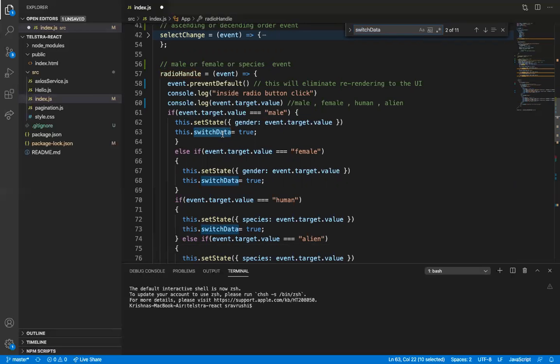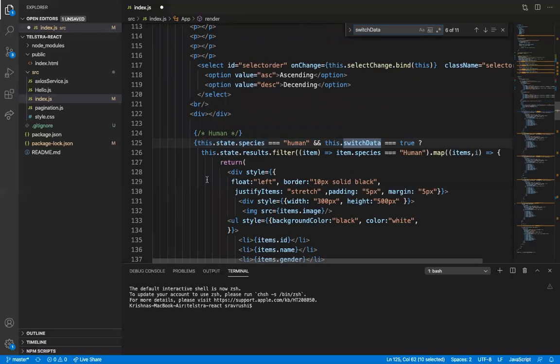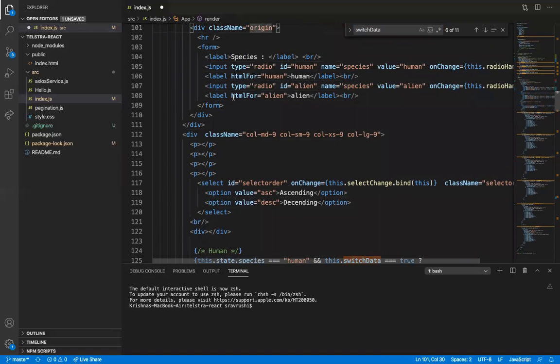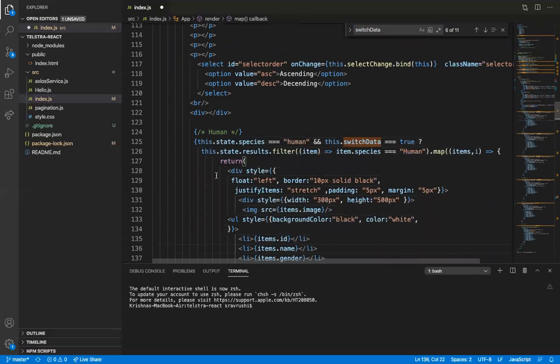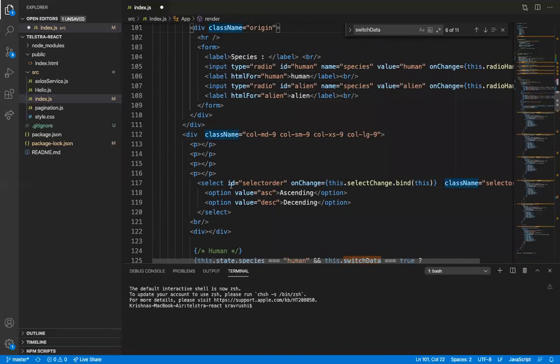I have kept some loops after this, up to the form. Earlier that is the form. If the state of species... one second, I will explain this form and all, and I will come down.